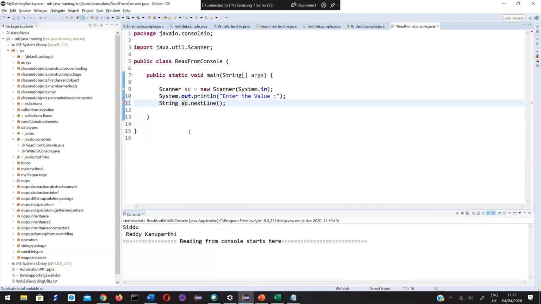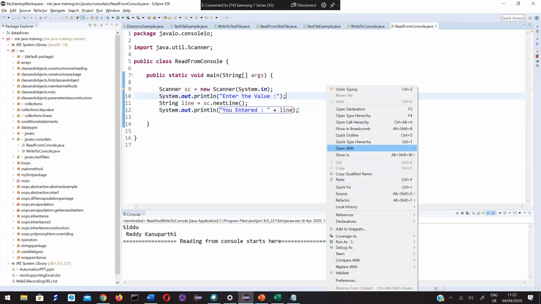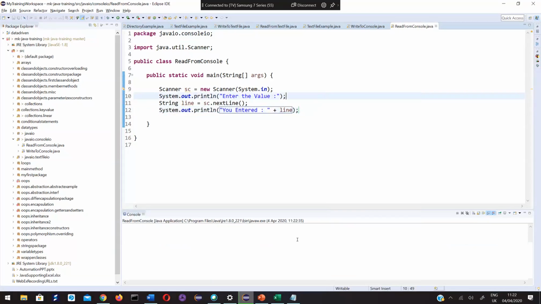String line equal to, then simply print that value. Let's see what happens. First, it is asking me to enter the value.